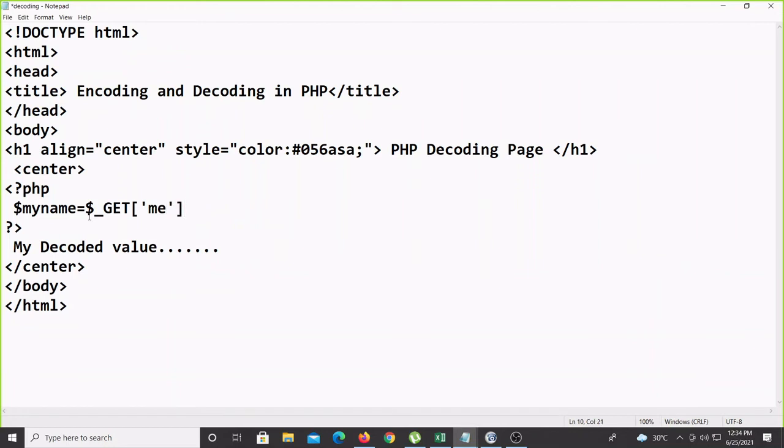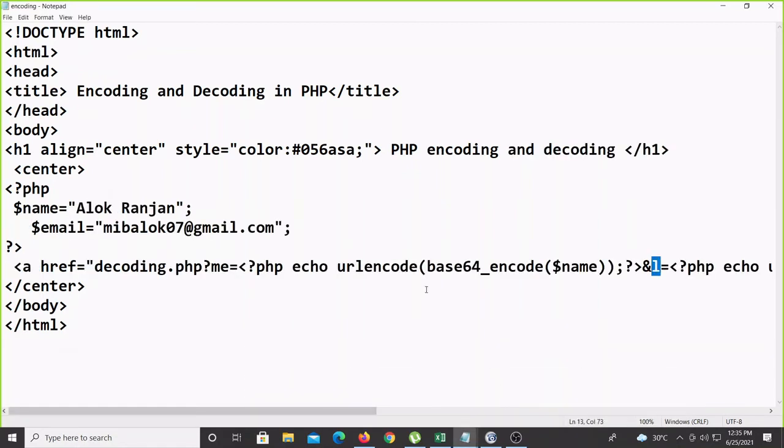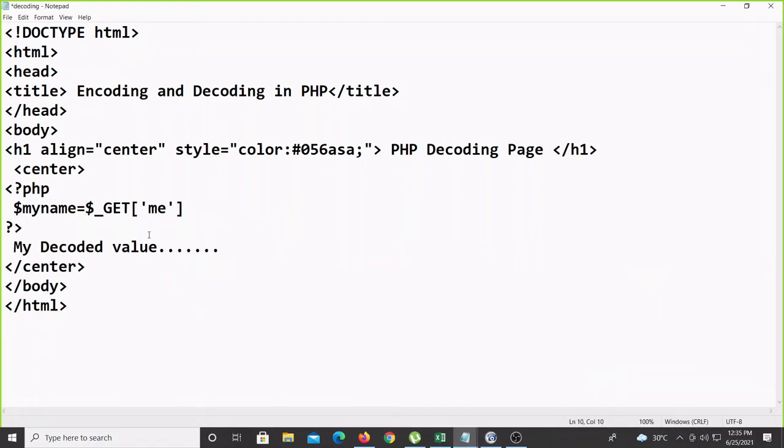Okay, now here because the encoded value is coming, we have to decode. So for decoding, we already used base 64 encode first and then URL encode. So whenever the value comes in there, first we have to URL decode, and only then do the base 64 decode. Okay, so here first URL decode, that value whatever is coming you decode with the help of URL decode, and then base 64 underscore decode. We have to see the order.